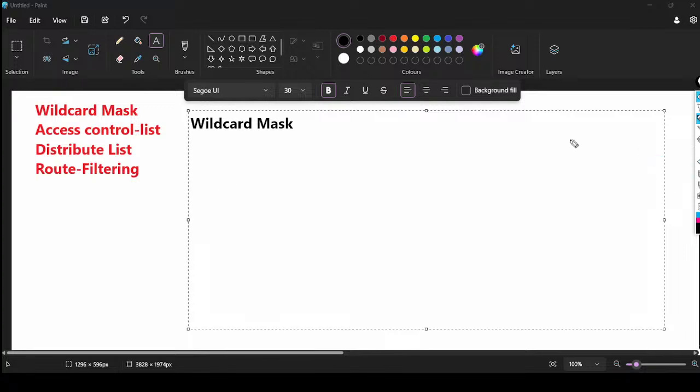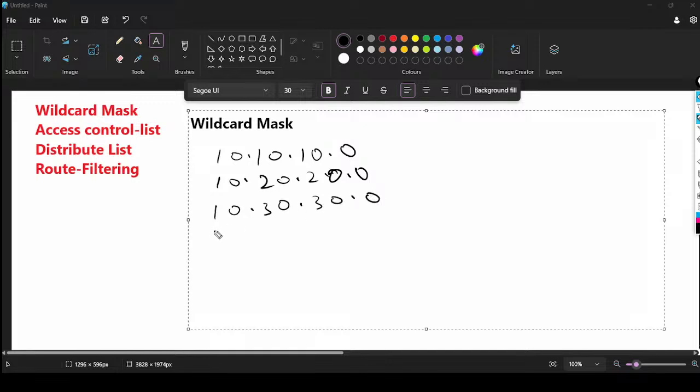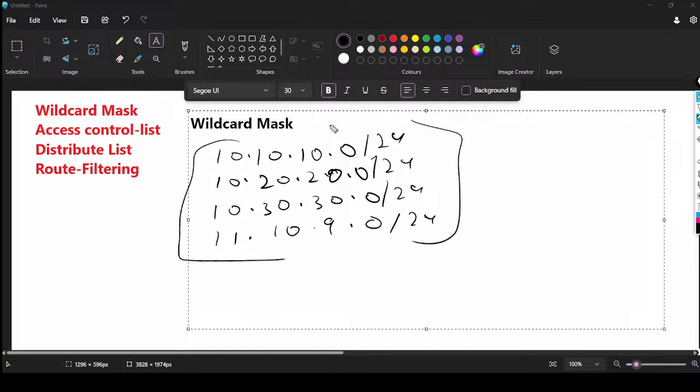So what I am saying, I have some subnets: 10.10.10.0, the second subnet is 10.20.20.0, third is 10.30.30.0, and one is 11.10.0.0. These are /24 subnets, the subnet mask in CIDR value, networks in the routing table of a router. Here I have created one wildcard mask to filter some routes. My wildcard mask is